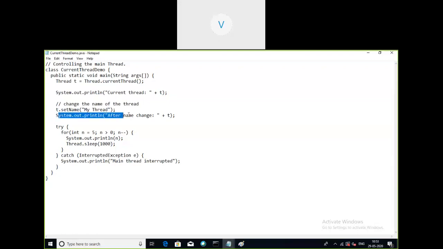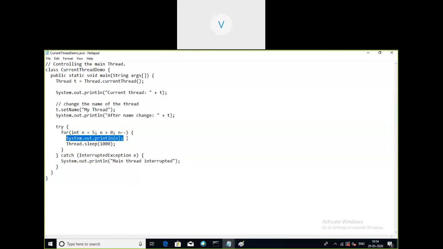Then after the change, we display the status again. In this try block, the actual functioning of the thread is happening. If any errors are there, they will be resolved in the catch block. In the execution of the thread, we iterate the for loop 5 times, from 5 down to 1, and we just print the value of the variable n, so it will print 5, 4, 3, 2, 1.